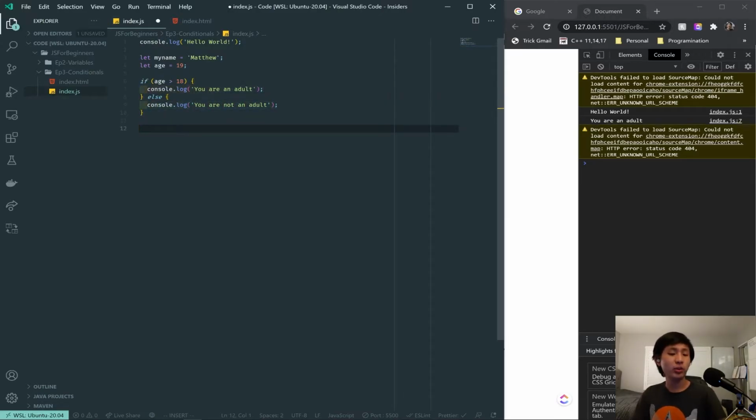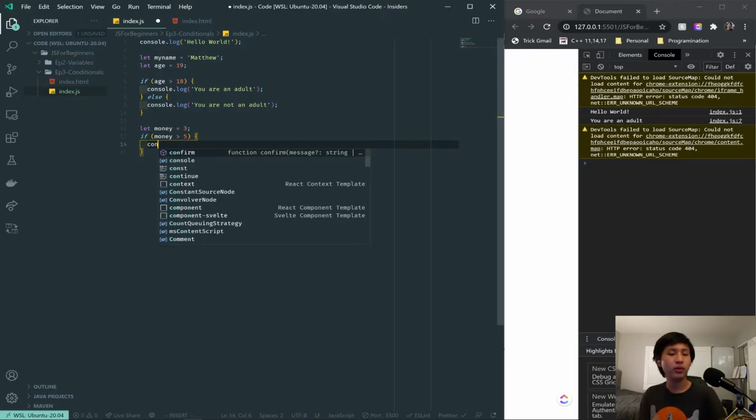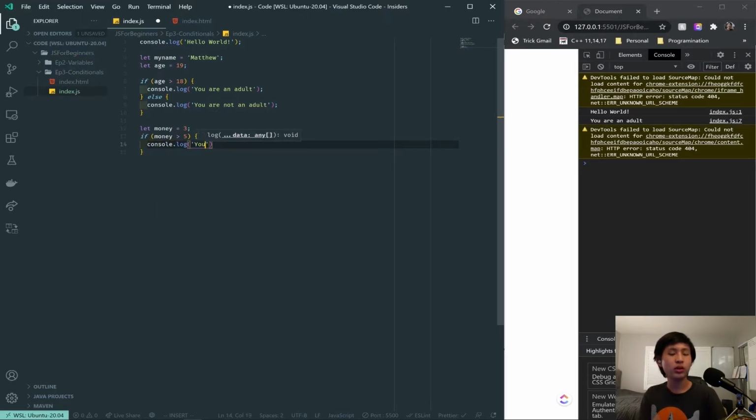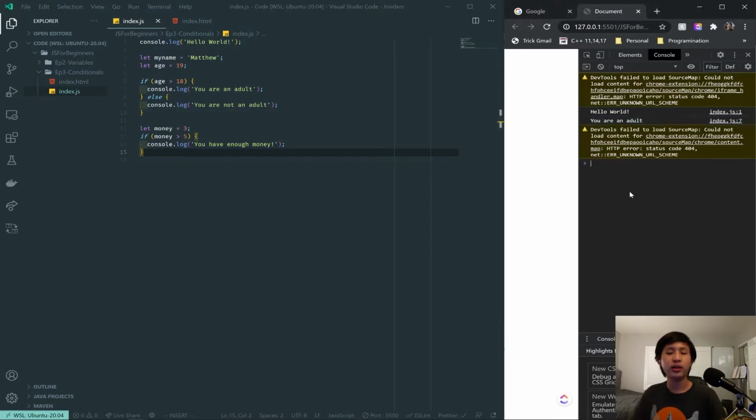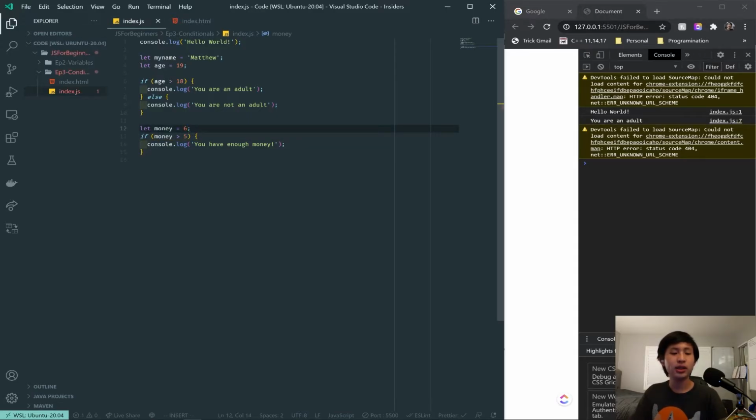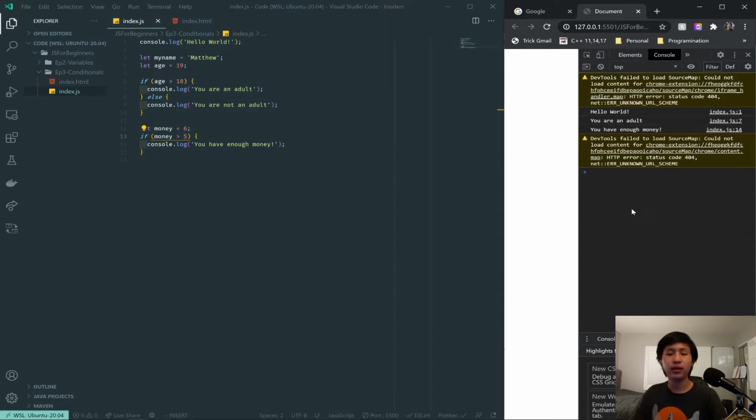Now another example would be somewhat similar to that vending machine. So we say let money, for example, equals 3. And then we can say if money is greater than 5, we can say console.log, you have enough money. And for example, let's just not put an else. We can save this here, and we reload, and it doesn't print anything. But that's because we don't have enough money. So if I put money equals 6, and we actually have more than 5, then if I reload, it'll say